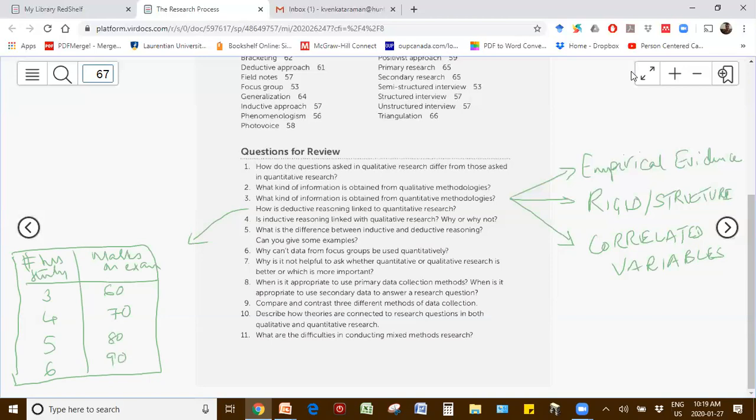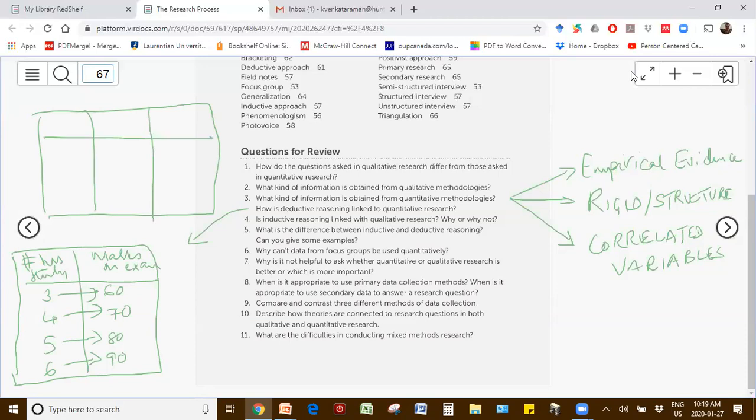So basically your deductive reasoning is on the basis of this assumption: you find that the more hours you study, the more marks you get. So you're deducing that you have a bunch of data which demonstrates that the more hours you study, the more marks you get on an exam. Now for generalizability, because this looks like it's one student's effort for different exams, you will probably have a slightly larger table with the number of hours, and the number of students studying these hours per exam. You have 5 students, 7 students, 3 students.